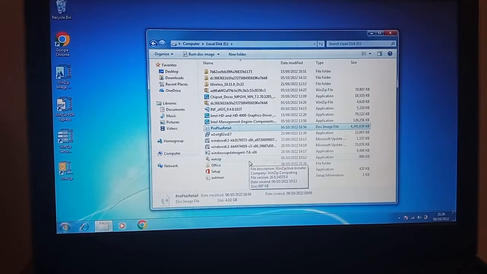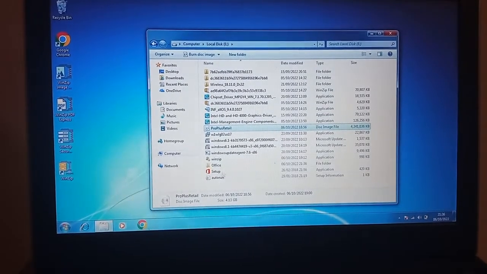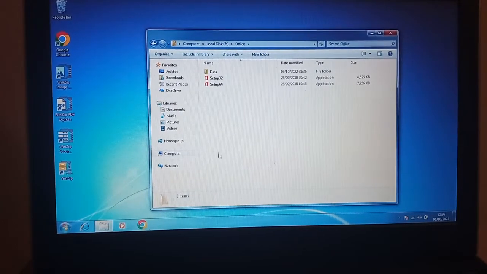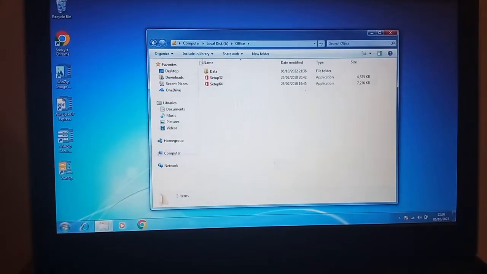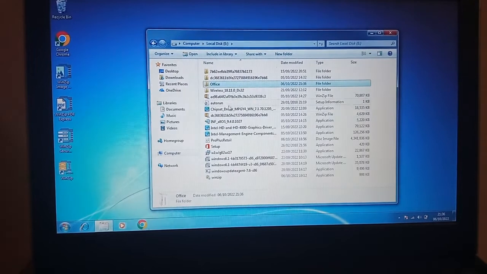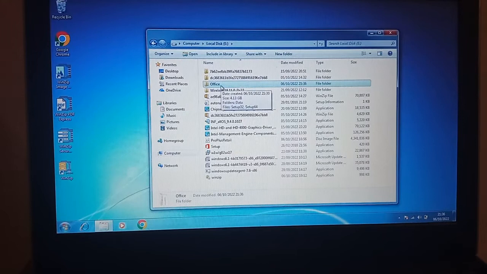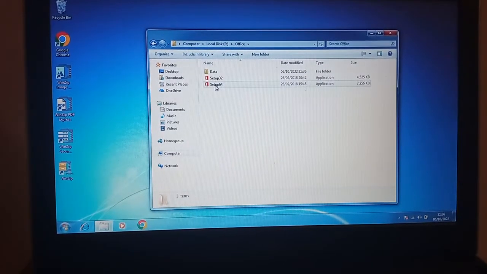Okay, so there we go, and we can see that it has unzipped all of those folders and put them in here in this folder that it's labeled Office. I'm quite surprised actually that it didn't label the folder as Pro Plus Retail, which is the name of the image file that we took it from. But if we go into the unzipped folder,